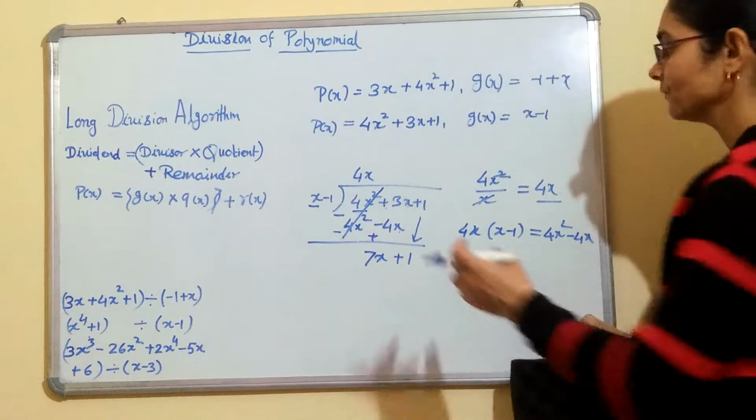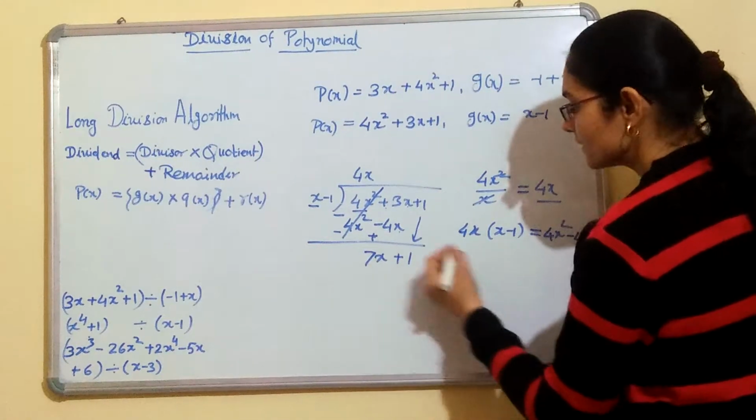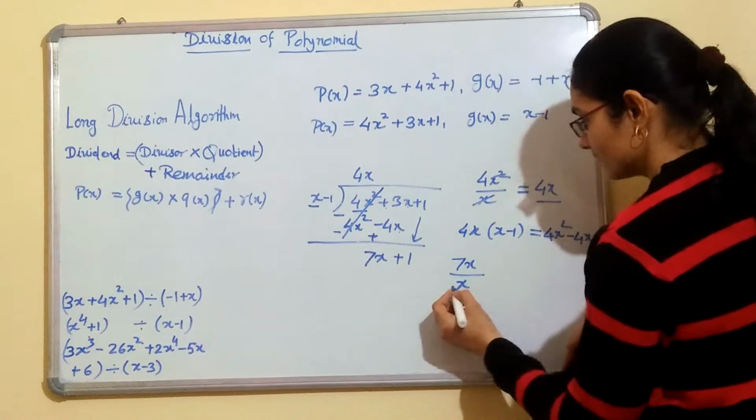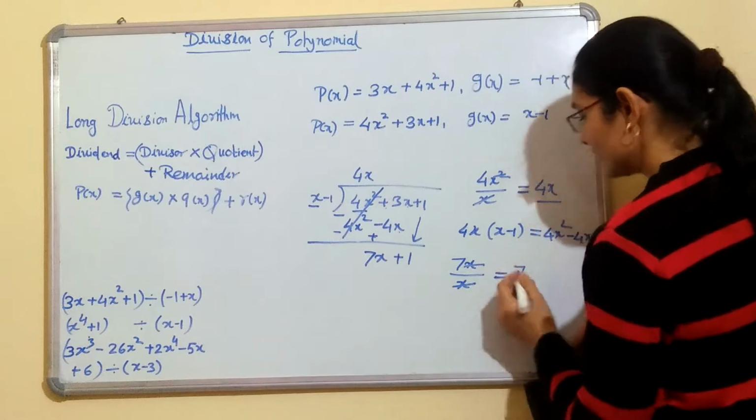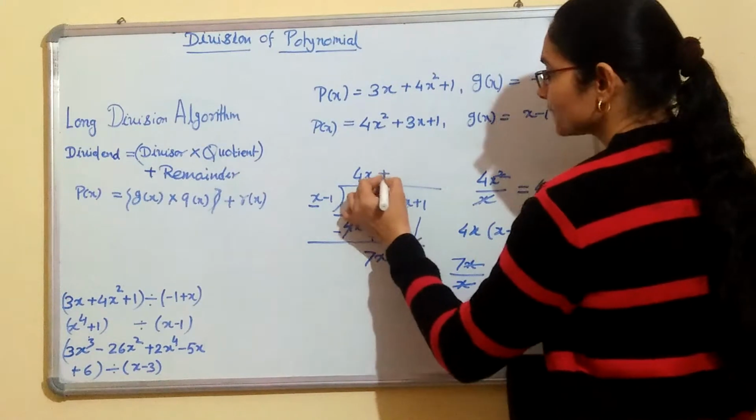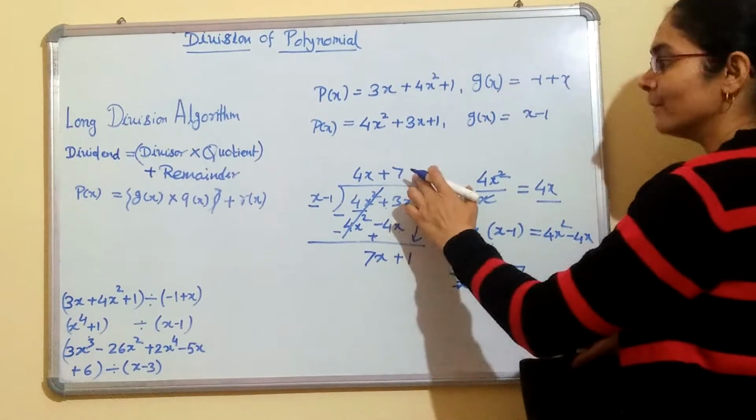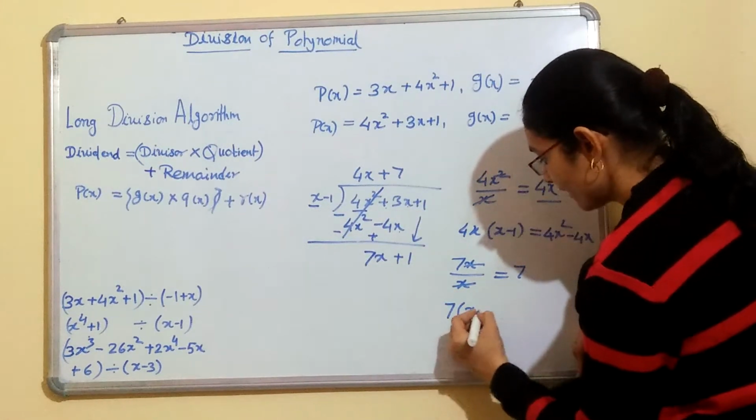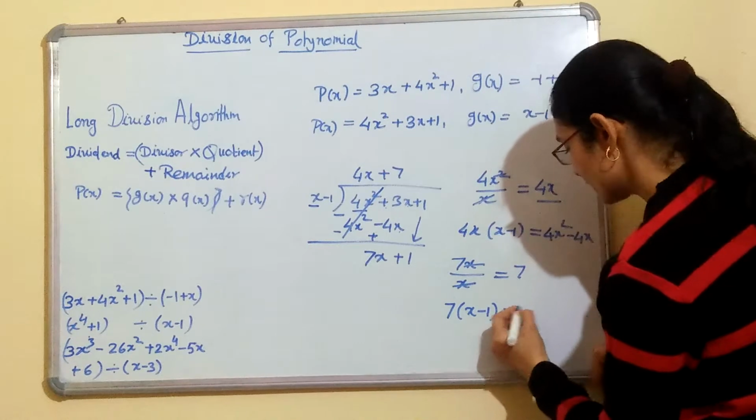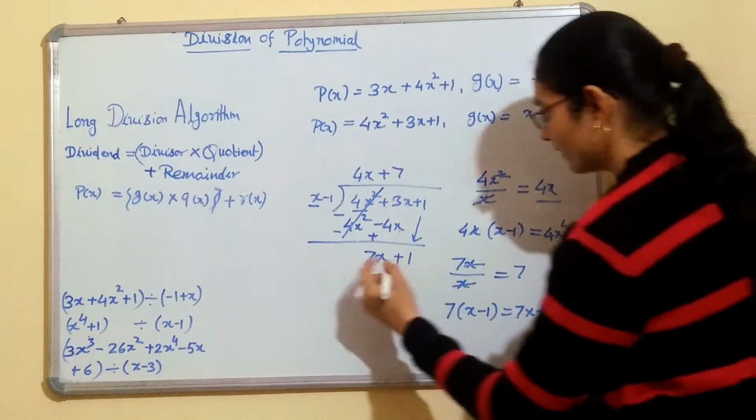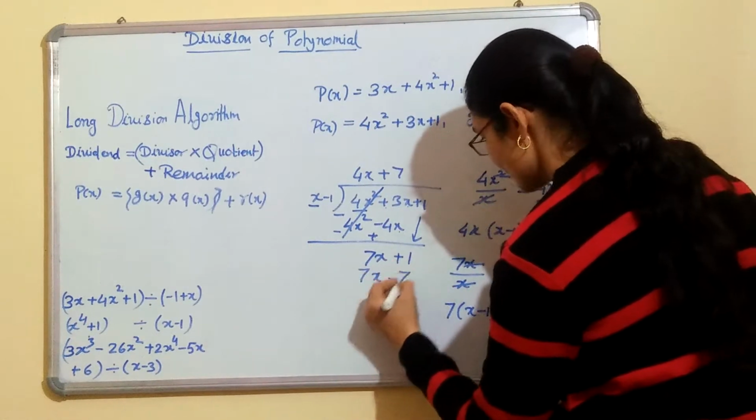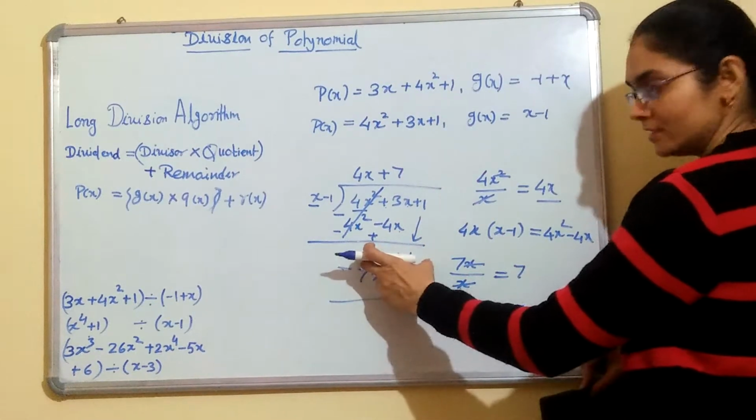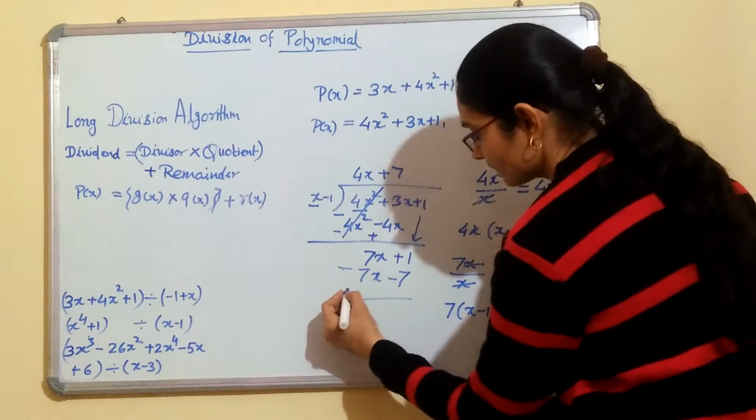Now again divide the first term of the dividend by the first term of the divisor. So we get 7. This is the second term of the quotient. Now multiply 7 with the divisor. So 7 into x minus 1 gives 7x minus 7. Again subtract this term from the dividend. We get